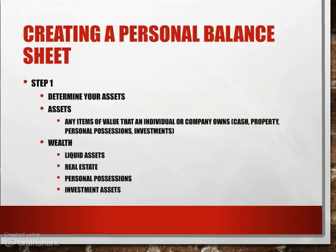Now, talking about creating a personal balance sheet, step one is we've got to figure out your assets. On your net worth project that I've assigned this week, you're going to actually do this. This is situation 9 in your net worth project. In Microsoft Excel, you're going to list all of the assets that you might have in your room or if you have a car, anything that if you were to move tomorrow you would consider yours, your personal possessions,